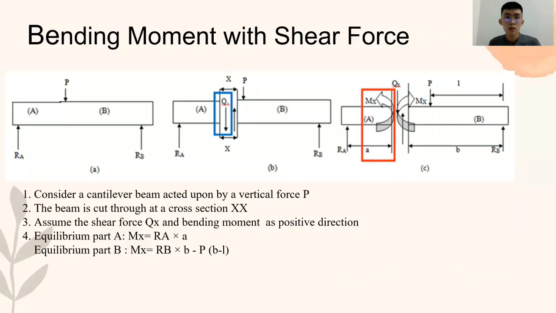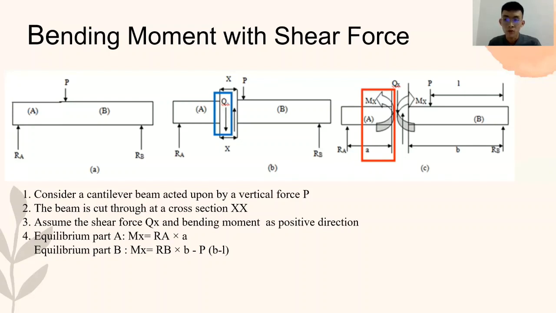Now, I'll explain about the bending moment with shear force. So first, consider a cantilever beam acted upon by a vertical force P in figure A. Now imagine that the beam is cut through at a cross-section XX in figure B. From the left-hand part, part A, the shear force Q in figure B with a blue box and a bending